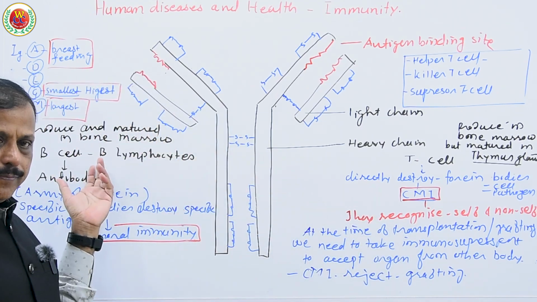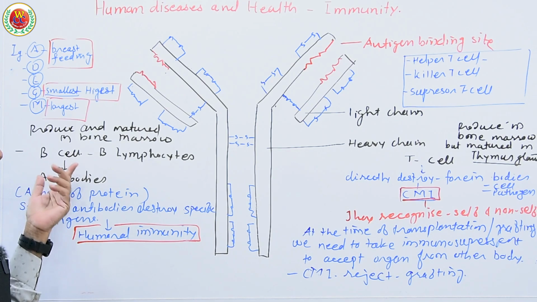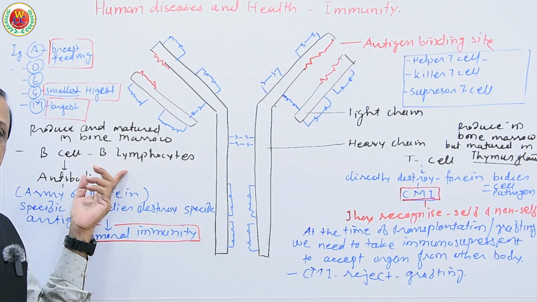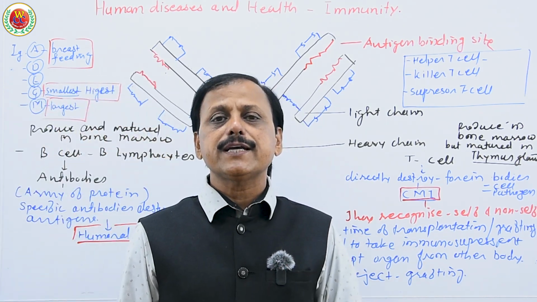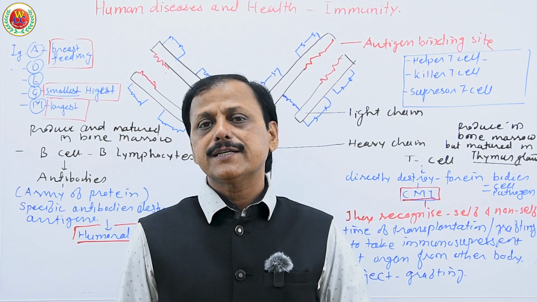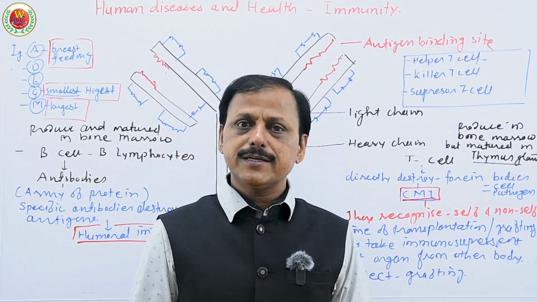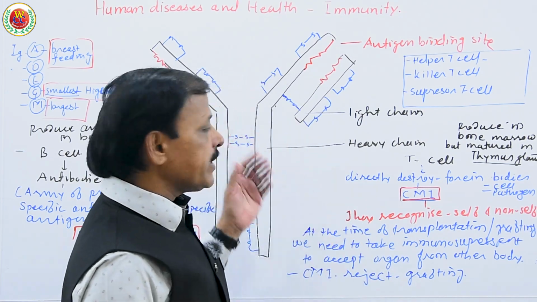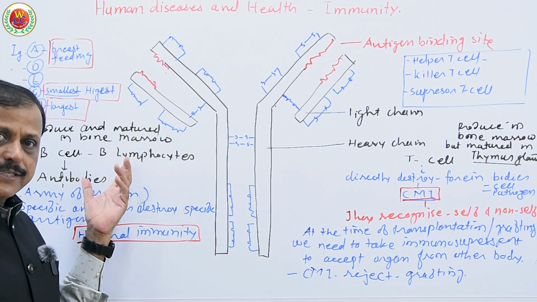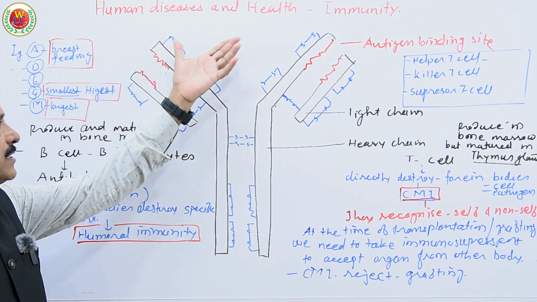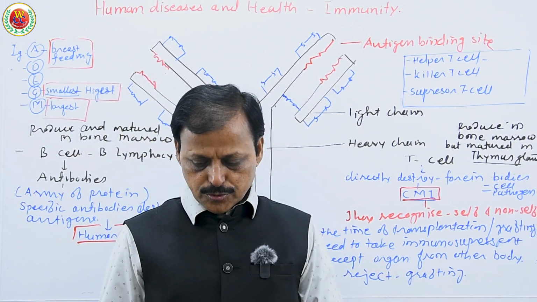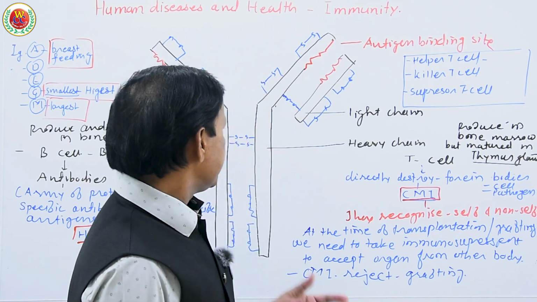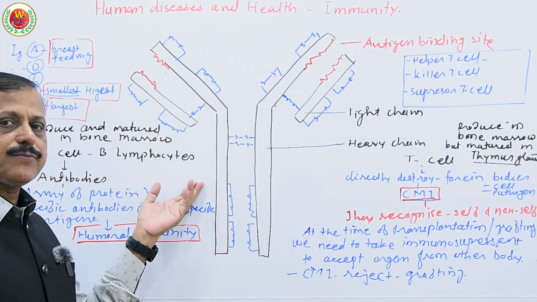B cells produce antibodies, and these antibodies destroy the specific antigen. This is also acquired, as and when a pathogen enters and produces that antigen, our body produces antibody for that specific antigen. Therefore it is said to be acquired against that pathogen, and hence this comes under the topic acquired immunity. So I hope you understood the structure of antibody, which can be asked for 3 marks.